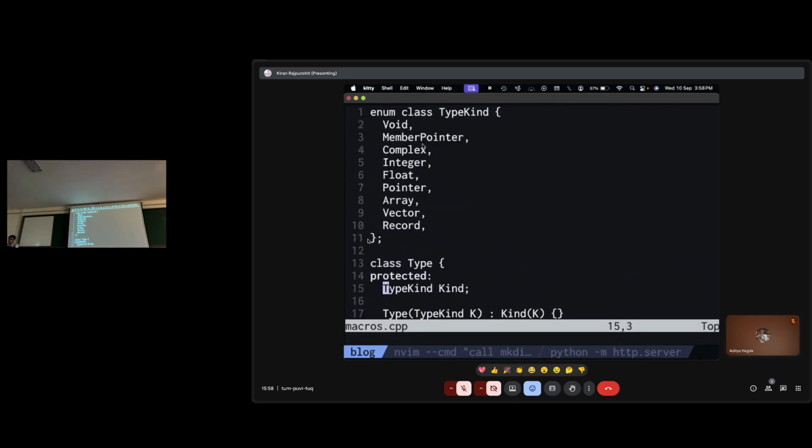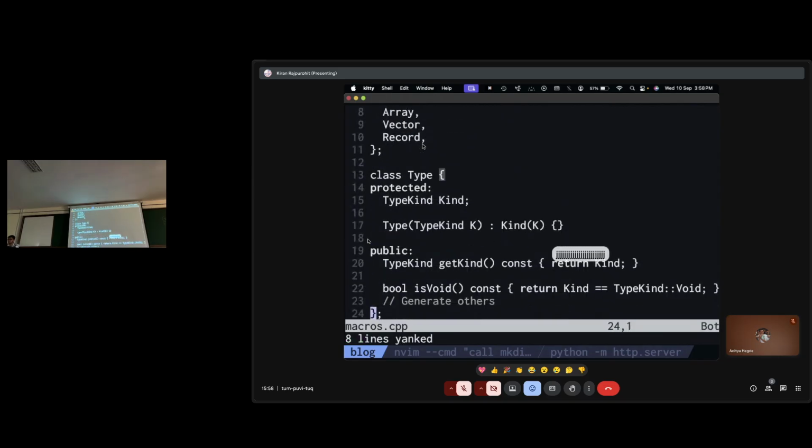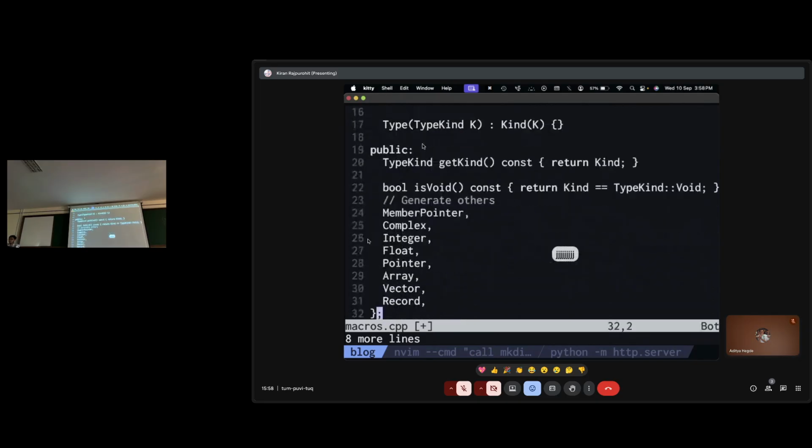I'll copy all of these enum variables. So I'll press V to go into visual line here, J to select them, Y to yank. I'll go all the way to the end and I'll paste it here. Right, so I'll paste all of these things. So what do I want to do? Well, I'd like to save this. So I'll do YE again till the end of the word. So I'll save this word now.